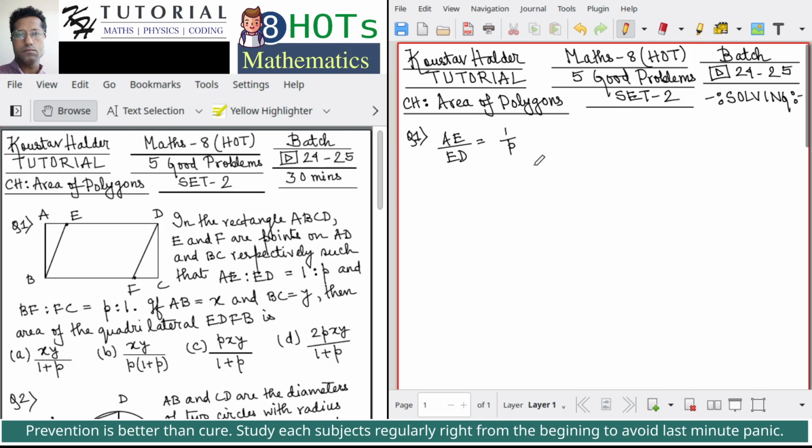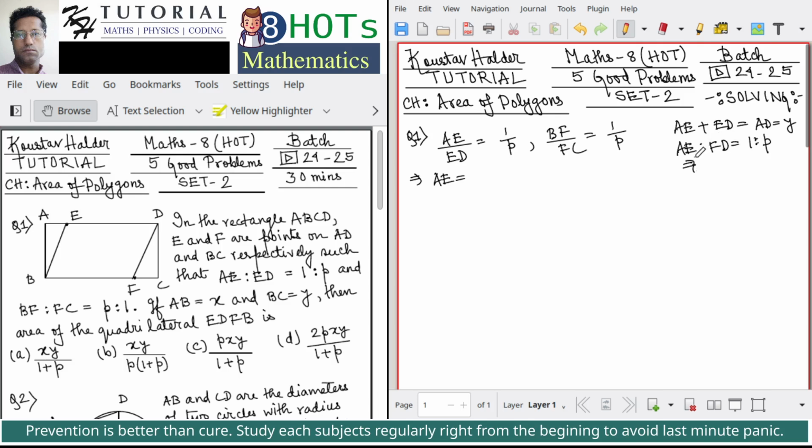Okay, so we have AE by ED equals 1 by P, and we have BF by FC equal to 1 by P. Now, what is AE? From the concept of ratio and proportion, please note that since AE plus ED is equal to AD, which is equal to BC, given as Y, and AE is to ED is equal to 1 by P,